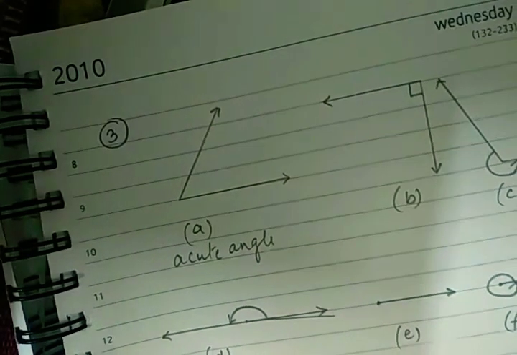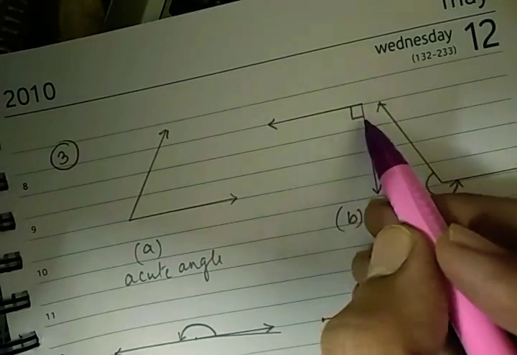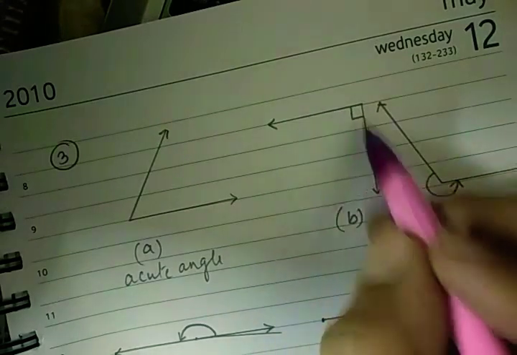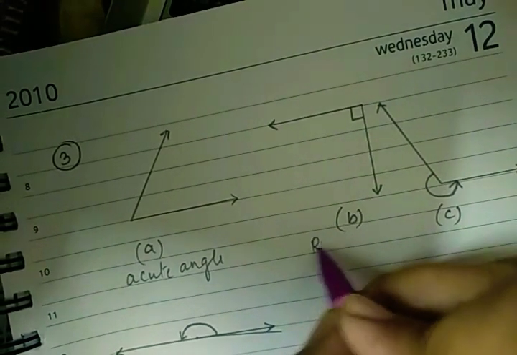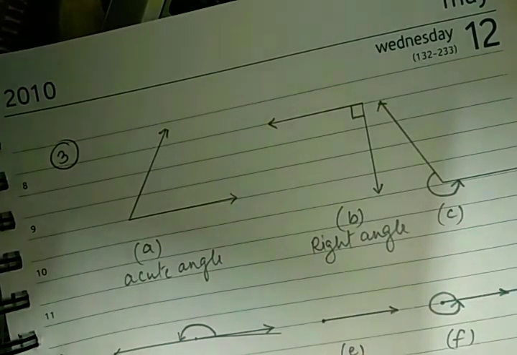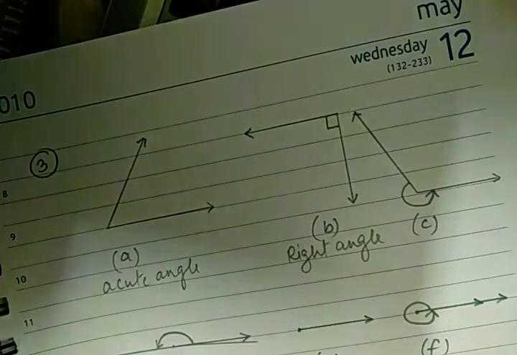Is it clear? Second one, you can see the sign itself. That sign is for 90 degrees. So any angle which measures 90 degrees is called a right angle. So this one is right angle. Okay. When you look at the third one, that is C, you can see here